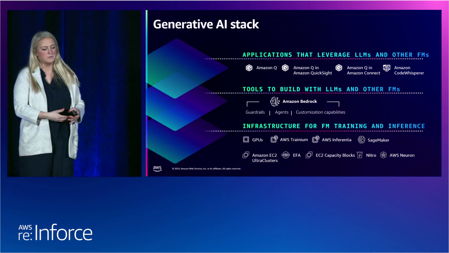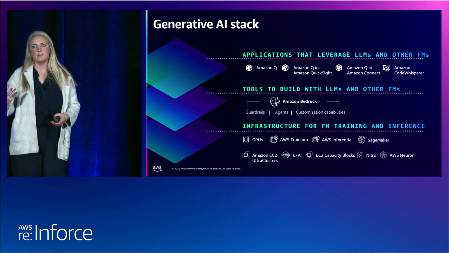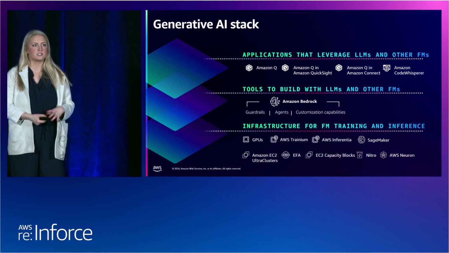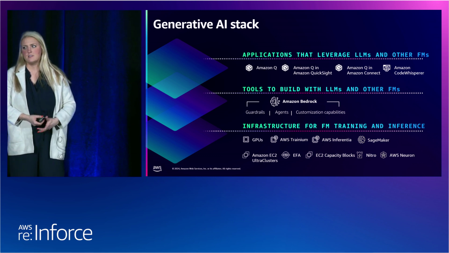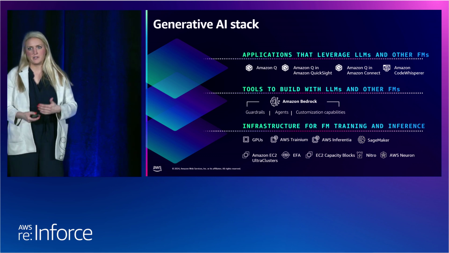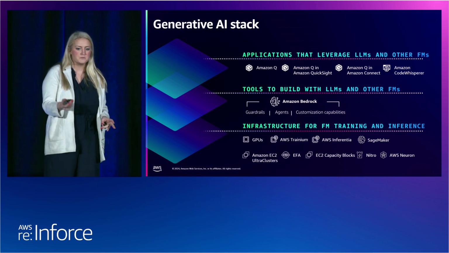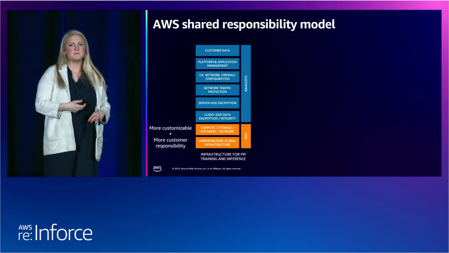And you would do that through the GPUs, maybe SageMaker, something along those lines. We're primarily focused on the middle one because that is really where our customers are focused and where we see the most people using their applications and the most opportunity for our customers. So what does this mean for security?